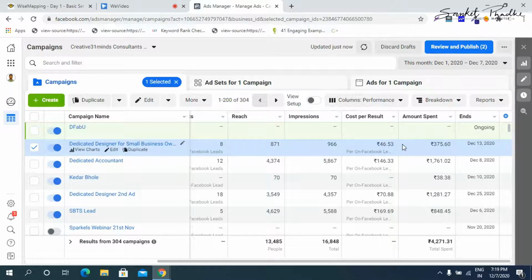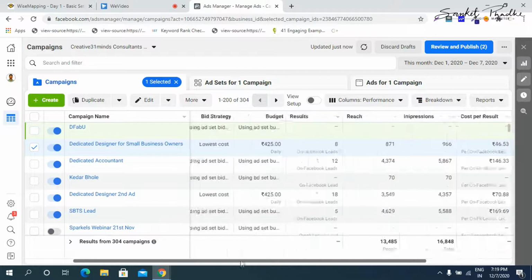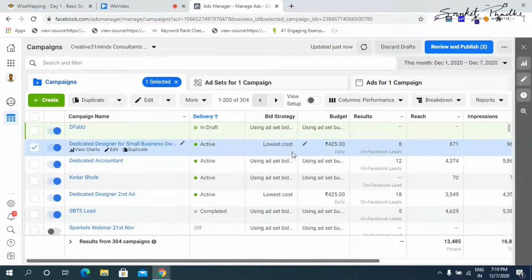Okay, so this per lead cost is a very good cost. Okay, as and when you consistently run ads and you keep on improving the audience size, this cost can come down to as less as 15 rupees, 20 rupees, or even 5 rupees. Okay, so now I'm going to show you how to download these 8 leads.